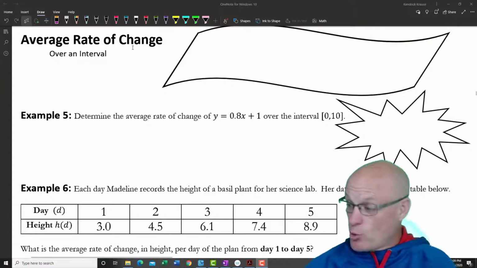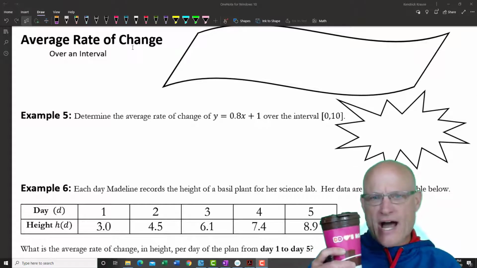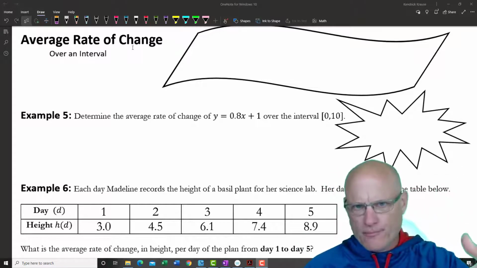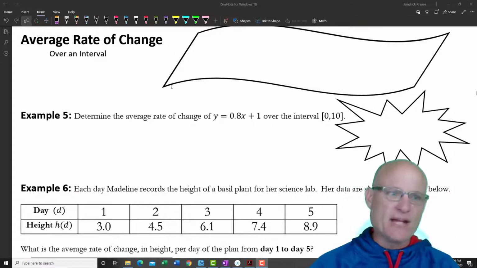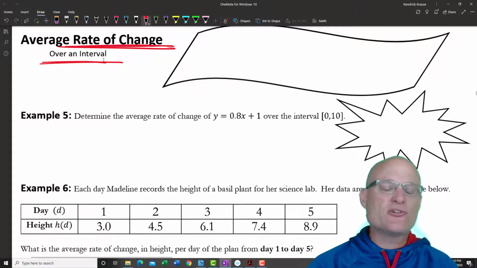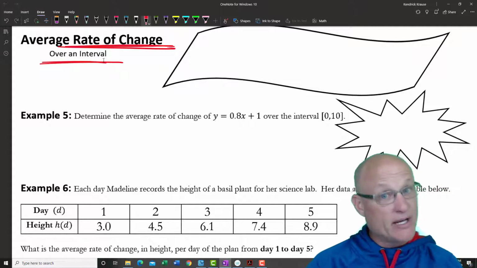All right, I'm back. Oh, I forgot to have some coffee. When I do rate of change questions, oh, you get it. You know. Anyway, we're going to do rate of change questions. Now, you're going to see this word rate of change so much. You're like, rate of change, rate of change, rate of change. Yeah, take your rate of change and